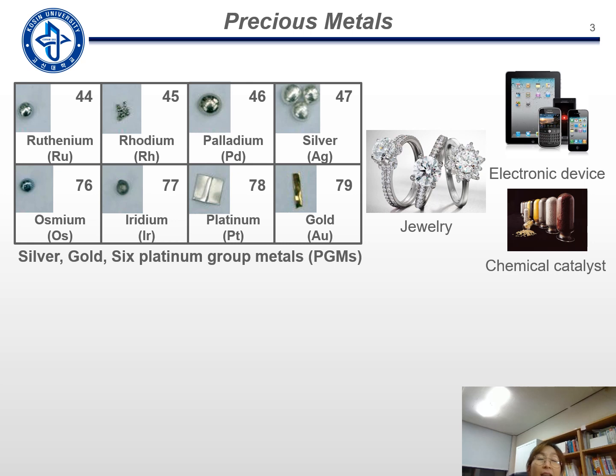In this slide, I'd like to introduce precious metals. Precious metals, including silver, gold and six platinum group metals, possess specific properties and have been applied extensively in many industrial spheres. Precious metals and their compounds have been widely used in electronic devices, chemical catalysis, jewelry, and so on. However, the never-ending demand for precious metals in industrial technologies